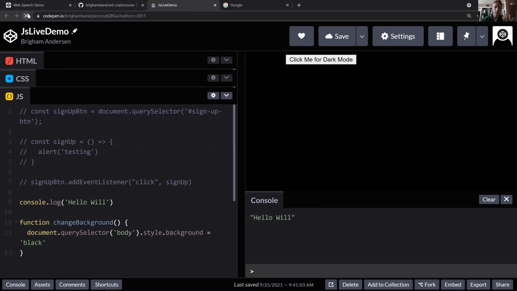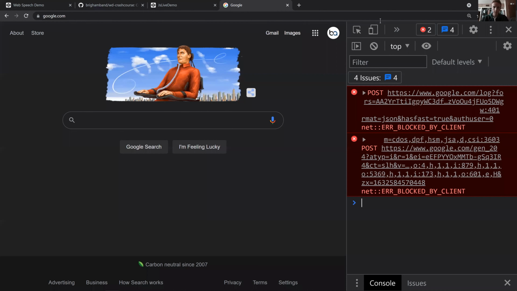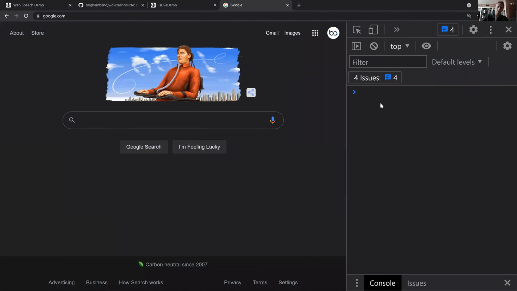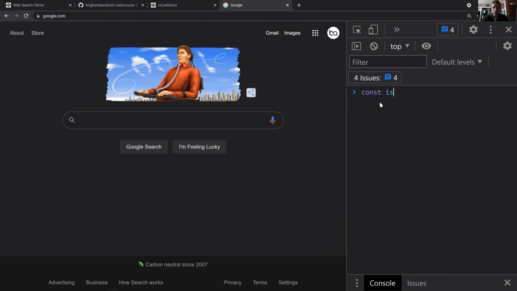Just like with our own brains, we're able to remember if something is light mode or dark mode simply because we remember what it currently is. We can do the same thing with code. So if we go back here, clear the console, and then let's say we wanted to make a variable. To make a variable, we're just gonna say const, and then maybe we'll have a variable called isDarkMode. And then we're just gonna say true. And then if you hit enter,